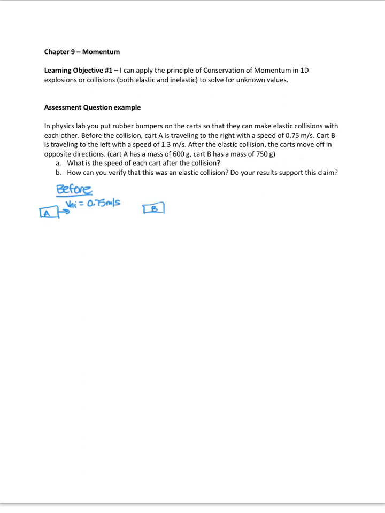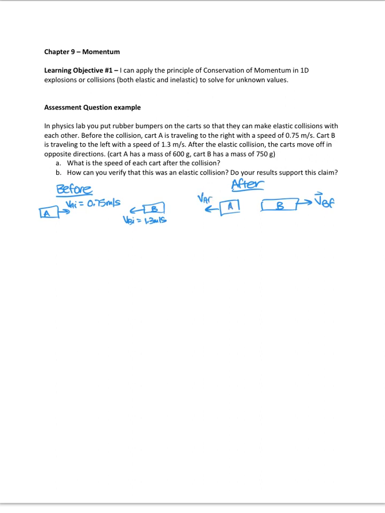So we have two carts. We put rubber bumpers on them so that they would have an elastic collision. They're coming straight at each other. This is one-dimensional. Cart A is moving to the right with a speed of 0.75 meters per second, and cart B is moving to the left with a speed of 1.3 meters per second. After the collision, they are going to move off in opposite directions. So B is going to move in this direction with its unknown velocity, and cart A is going to move in this direction